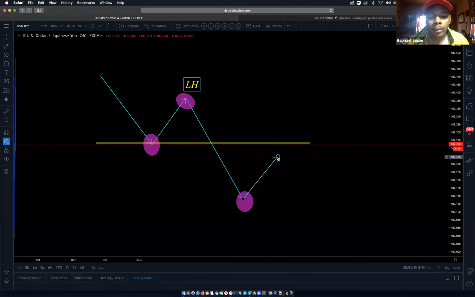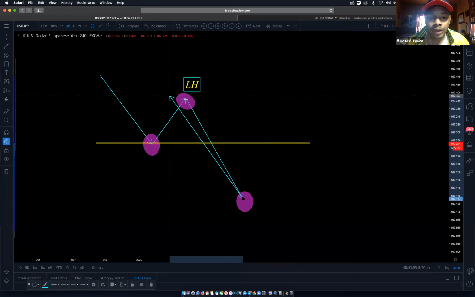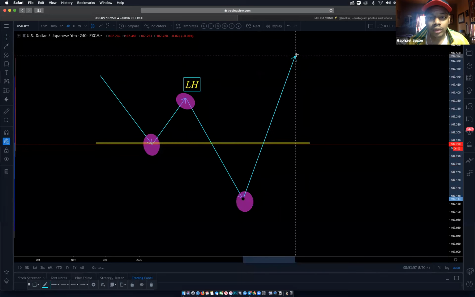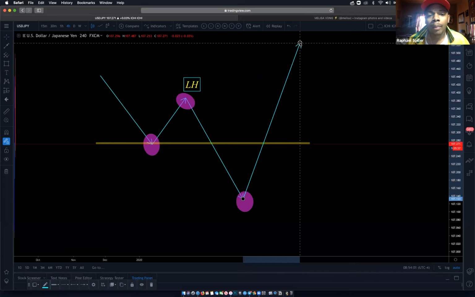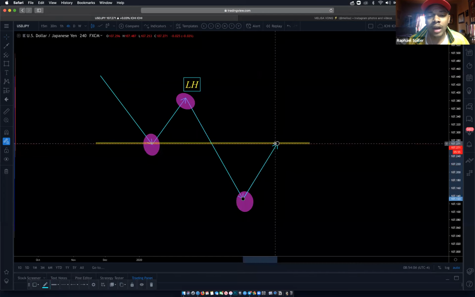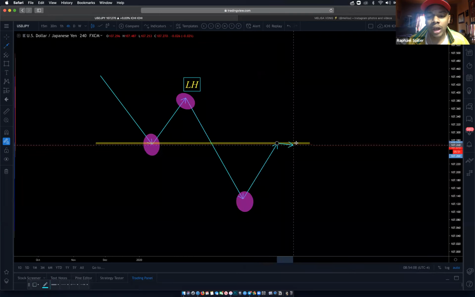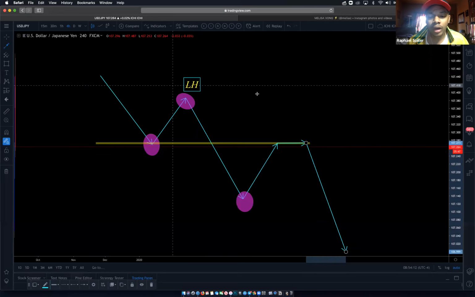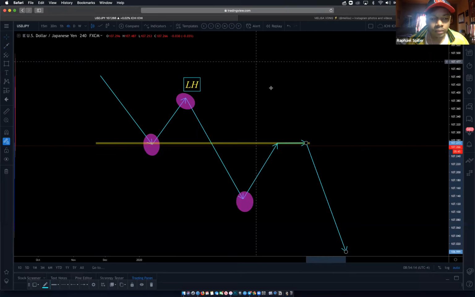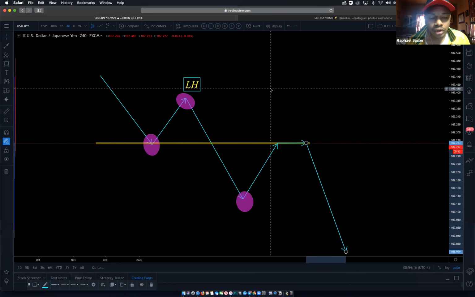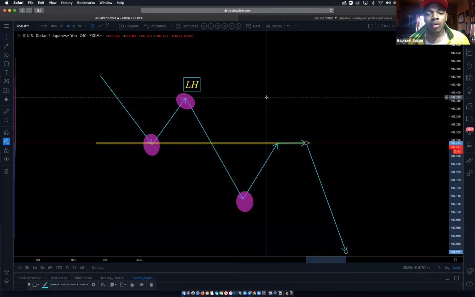So in order for us to break and reverse, it has to break this high, the recent high. Now, a pullback means that it could not break this high. All it could do is stall and consolidate in this area for a time and then continue back down. Does that make sense?